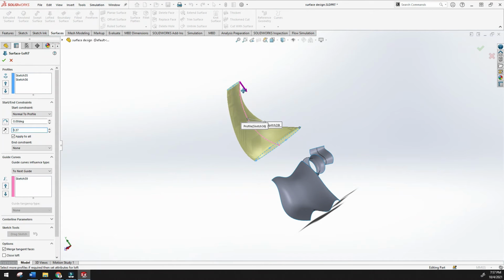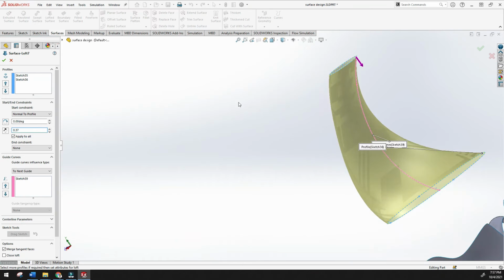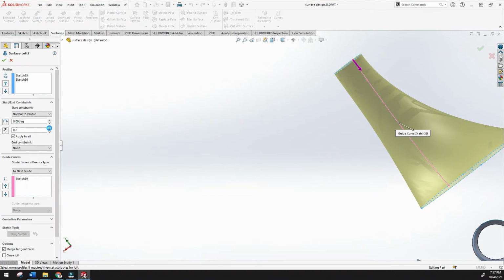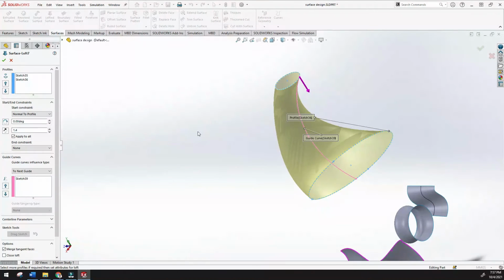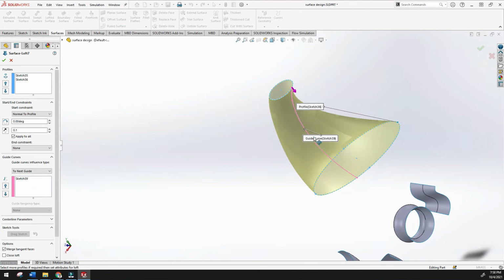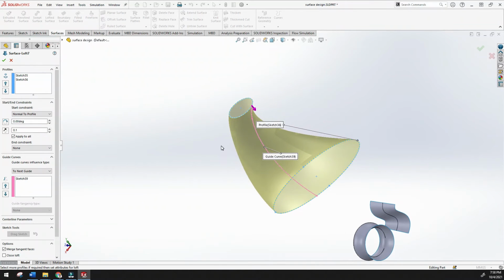And in this normal to profile you can see, here is the option actually. See, by using this profile, okay, this part will be changed. Okay, here you can see how this part is changing, and this is the start constraint. Okay, actually what is meant by start and end? So I think first I have selected this circle and second one is this circle.